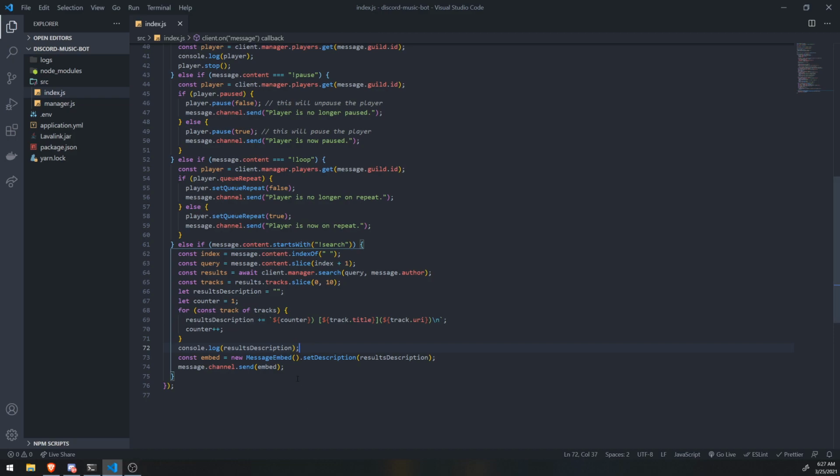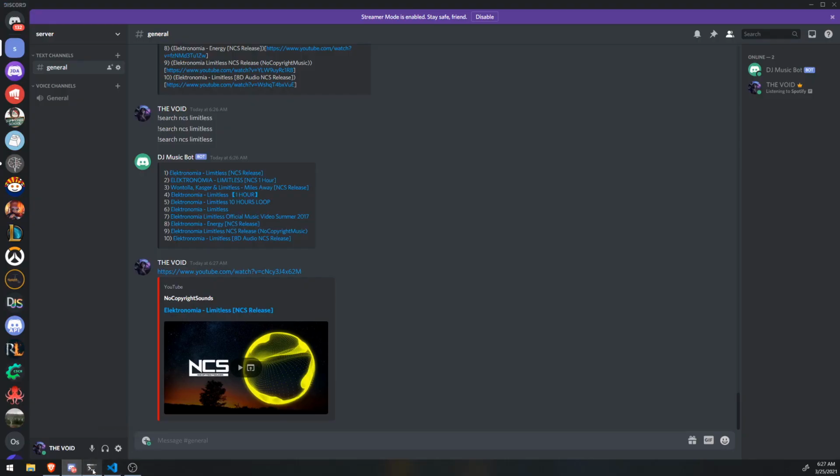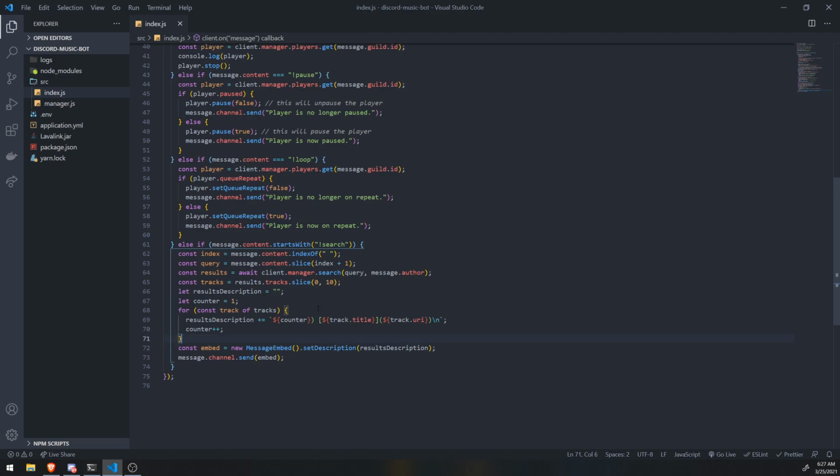And now the last thing we need to do is make it so that we can select the song. So how exactly do we make it so that we can select the song? Well, it's fairly simple. First, let me get rid of this console log. Basically, all of our results are labeled from 1 to 10, but they're all inside this tracks array, where the first track is at 0. So what we need to do is get the user's